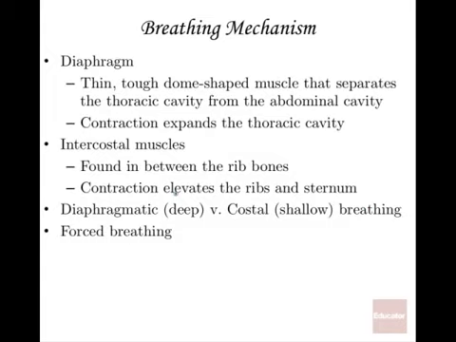So the breathing mechanism, how do we actually physically breathe? The diaphragm has a lot to do with it. So right under the lungs, so let's say here are the lungs. Underneath there, you're going to have this dome-shaped muscle that goes right under the lungs and curves around and is attached to the most inferior parts of the rib cage. And it is the border between the abdominal cavity and the thoracic cavity. So it's a thin, tough, dome-shaped muscle that separates those two cavities.